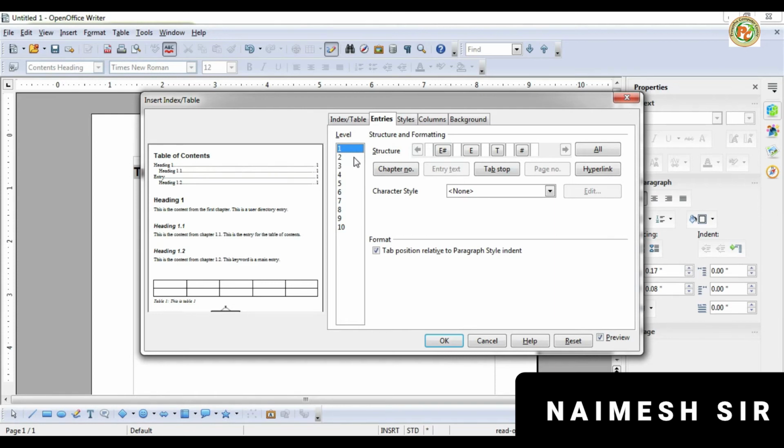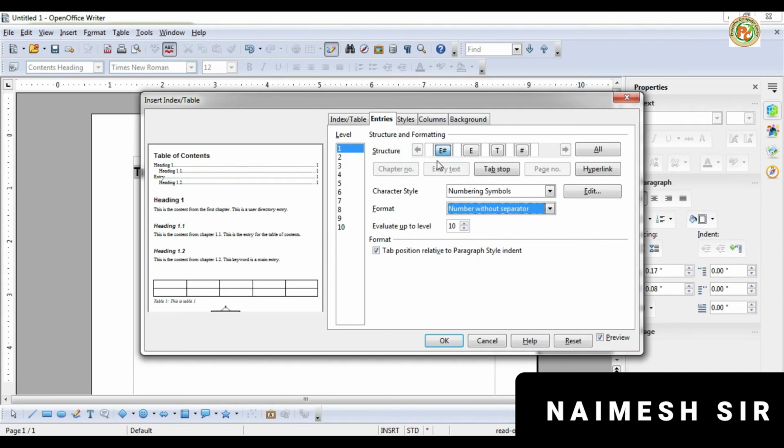First, this icon represents the chapter number and heading number. If you click here, you can see chapter numbers will be added here. Now the character style: if you want caption character, bullets, number symbols, then it will be a numbering symbol. And numbering starts from which number, without separator. So this way we can click it.